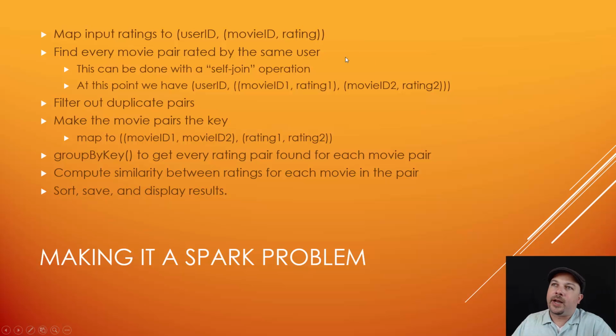And then we're going to blow that out to find every movie pair rated by the same user. And we can do what's called a self-join operation. Remember, you can do these database operations on key value RDDs, join being one of them. If we join on itself, we end up with a list of the user ID and every movie rating pair